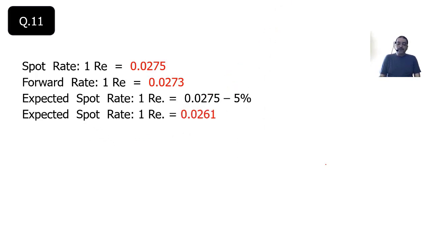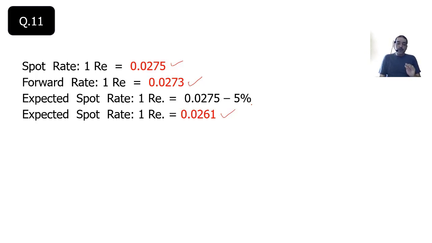So that comes to 1 rupee equal to 0.0261. So I've got spot rate, forward rate, expected spot rate in the future if the exchange declines by 5%. If the value of rupee is going to decline, the importer has to pay more in rupees, that means more amount of home currency for the same amount of dollars. Okay? So, it means that he will have to take a forward cover.